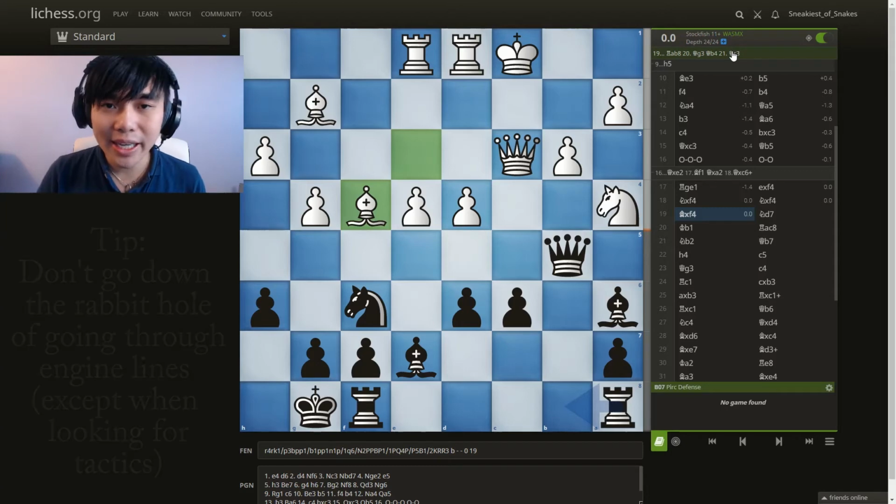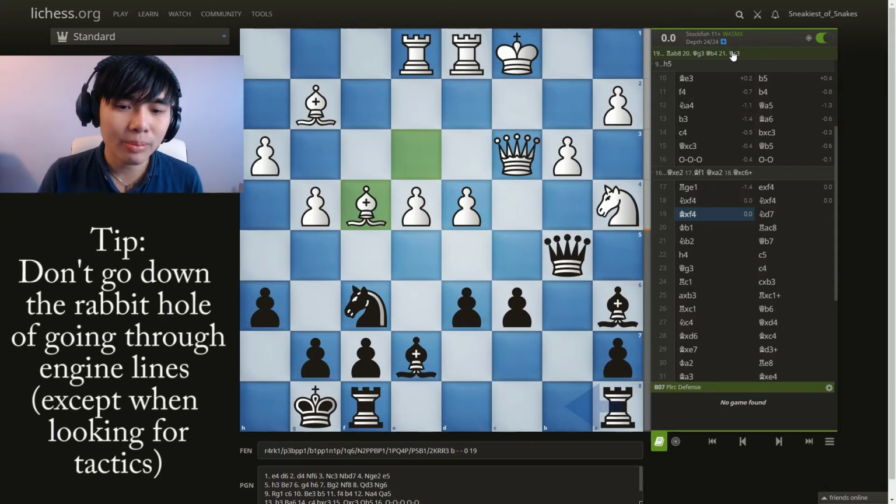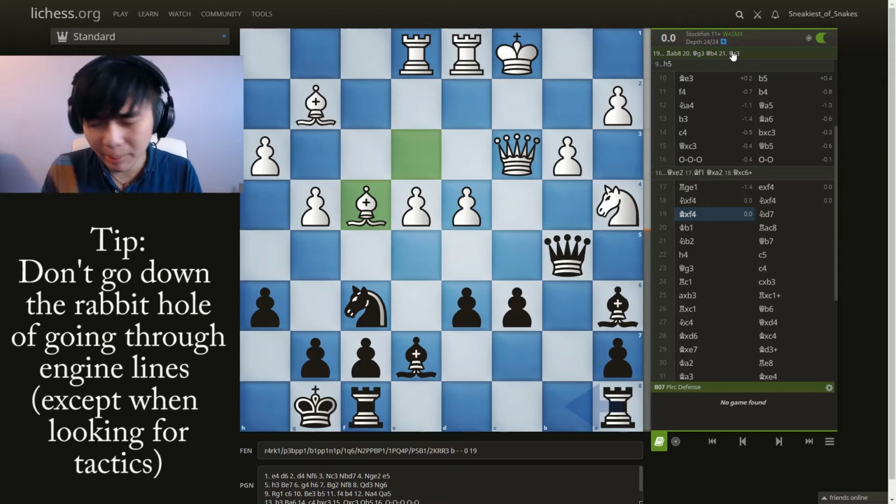What I did instead was I tried to think by myself, why is this move good? Why is this move bad? And I basically learned by myself what moves are good and what moves are bad, while also recording everything within the notebook to make sure that I would never make the same mistakes ever again. So I can see my rating improving, I can see myself improving in this opening, in the Philidor, just by analyzing the game, not by doing any computer analysis.